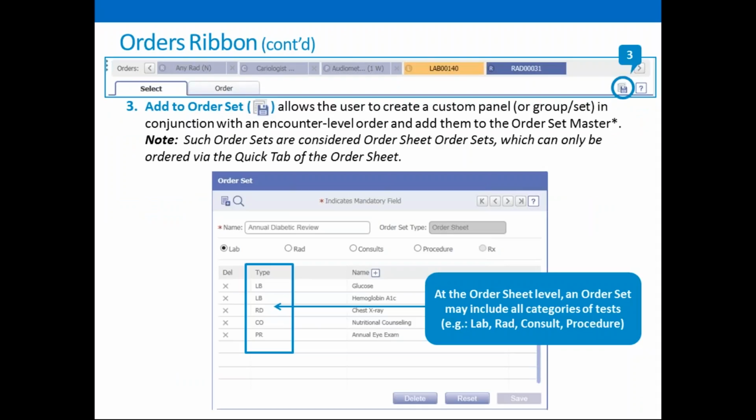Following your eyes across the screen then, on the far right, underneath the orders ribbon, you have the order set icon. Now, order set is a master file. So you always have the ability of going into your order set under configuration to create them, but this gives you the ability in conjunction with an order sheet to create them ad hoc as you go. And the beauty of an order sheet order set is that they can be any combination of those tests. For instance, if you go under the order sheet order set master, you might want to create an order set of labs or an order set of radiologies,